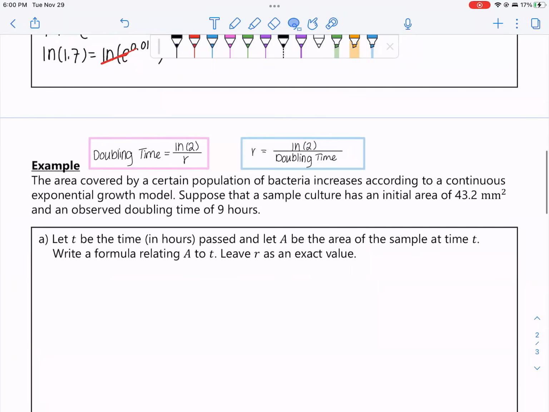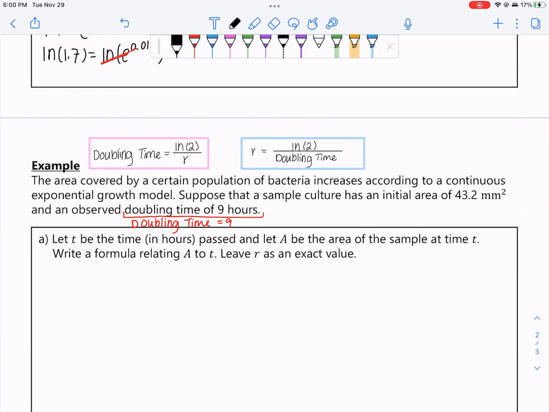This is important because we have a doubling time right here. Observed doubling time of 9 hours. Doubling time equals 9 hours. Maybe I'll write the words doubling time. Doubling time equals 9. So the doubling time is 9 hours,